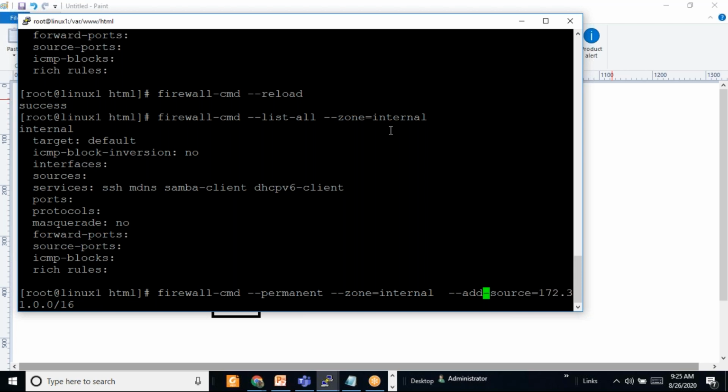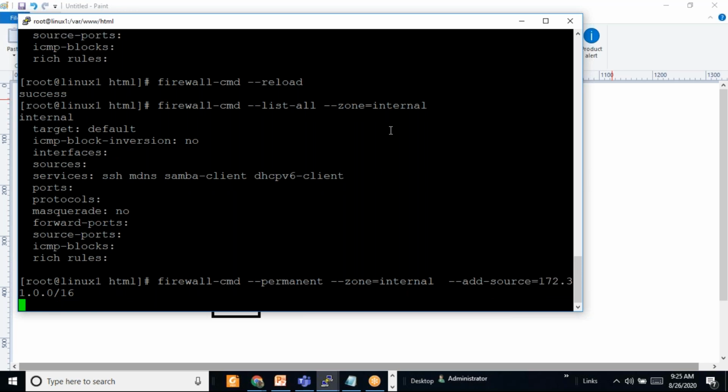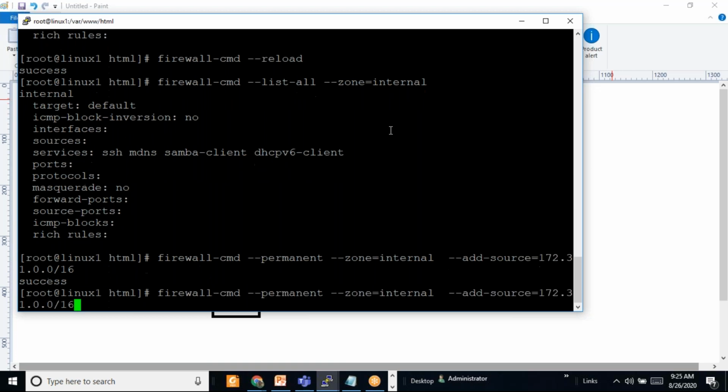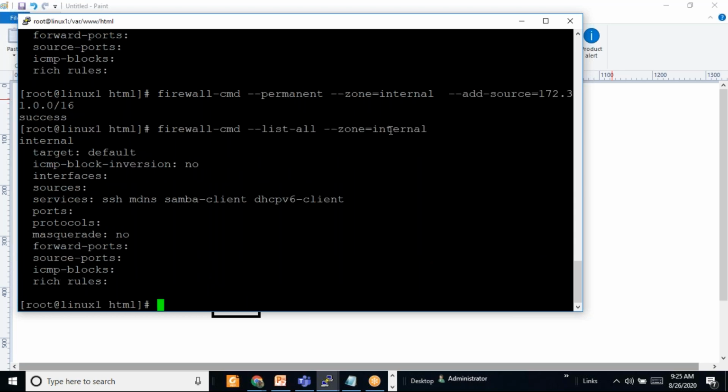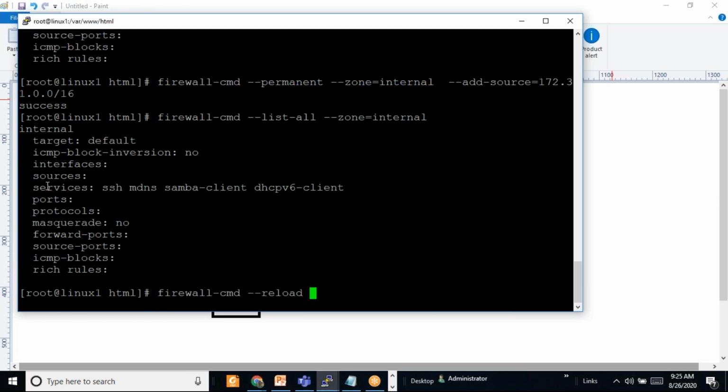We are adding it now. We are listing this, and this source address has to come here. So before that, we have to reload this.